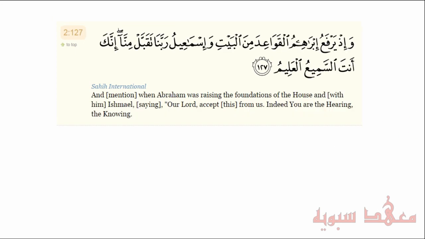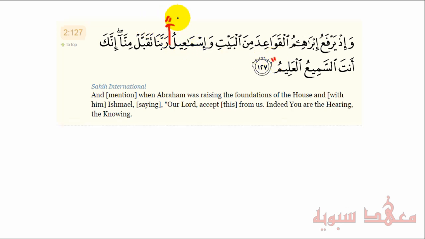Now, in this example, we have speech, but the fi'lul qawl is not mentioned. It's estimated. And one of the aspects of the Quran is that it omits parts of the sentence which one can easily assume to be there, so there's no confusion. It mentions when Ibrahim was raising the foundations of the house, and with him was Ismail, saying. Notice here, saying is in the brackets, because the actual fi'l qawl is not mentioned. The taqdir of that would be يقولان ربنا تقبل منا. So that verb they both said is not mentioned. It should be here, but it was omitted, and it's assumed to be there. And that's very easy to understand based on the context. And so ربنا تقبل منا إنك أنت السميع العليم is the speech المقول